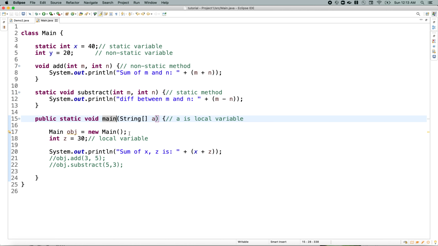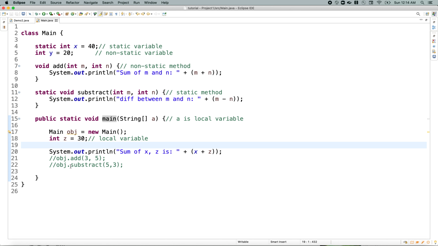The next discussion is about what will happen whenever you are using a static variable or method inside another method, and how to call those methods or variables. This statement is very important, so please focus.